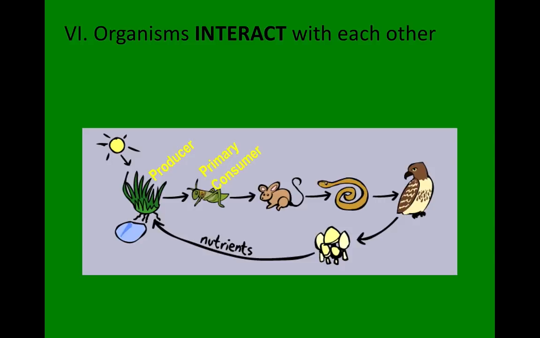A primary consumer eats the producer. The mouse is considered a secondary consumer. Secondary consumers eat the primary consumers. So we're just going to keep counting up. The snake is a tertiary or a third level consumer because it eats the secondary consumer. The hawk is technically called a quaternary consumer, which is a fourth level consumer. We're not adding that label. The mushrooms in this case, or the fungus, they're the decomposers. But remember, they're decomposing every step of the way, breaking down those organisms and returning their nutrients to the soil.